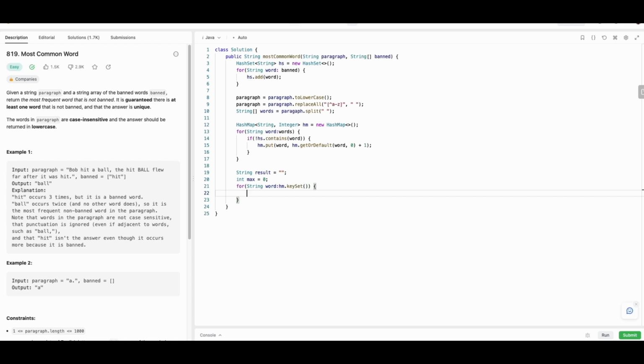Here we're just traversing all the keys of the hash map, and if the count is greater than the max,